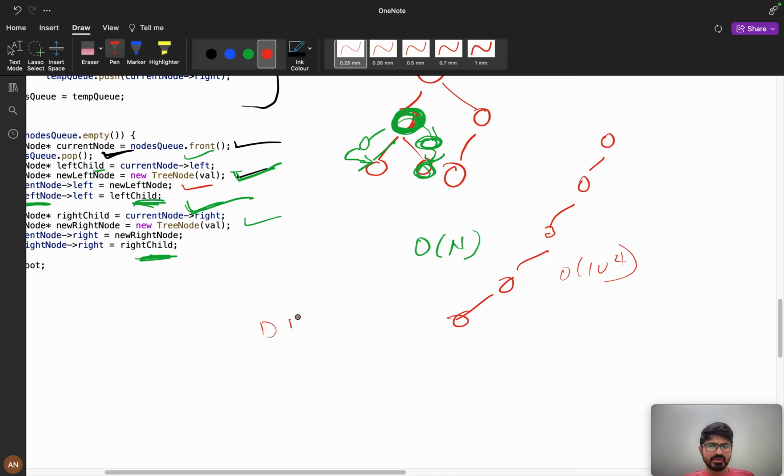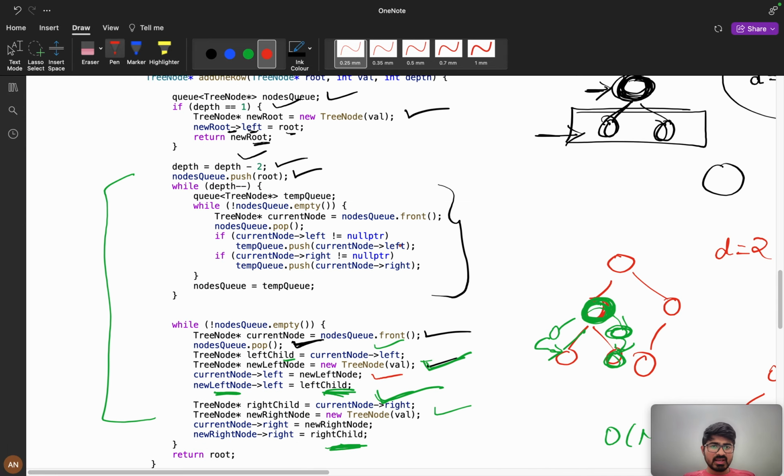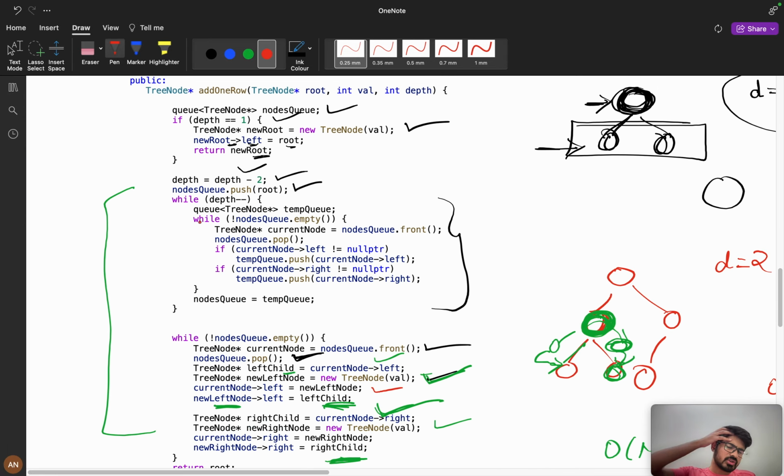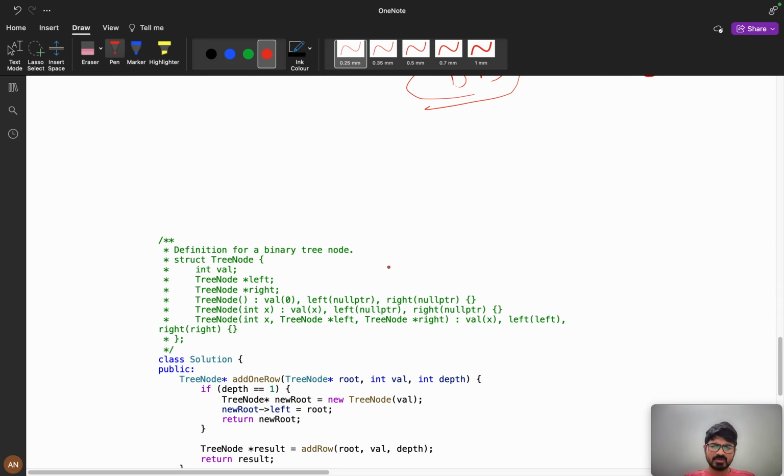DFS is my favorite one. This approach came to my mind in the beginning, but I felt the BFS is the intuitive solution which most coders would come up with, because you can think of it directly. The DFS solution is a bit complex, not that complex, but if you are good with recursion, then it's pretty much easy.